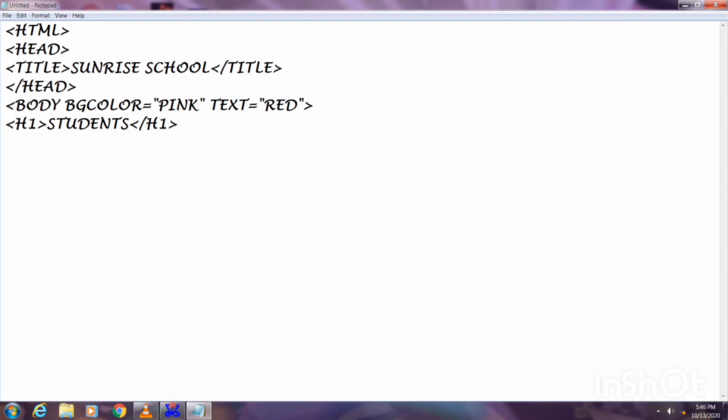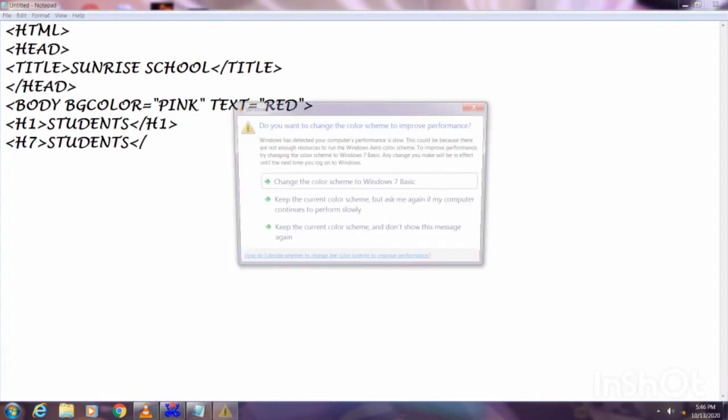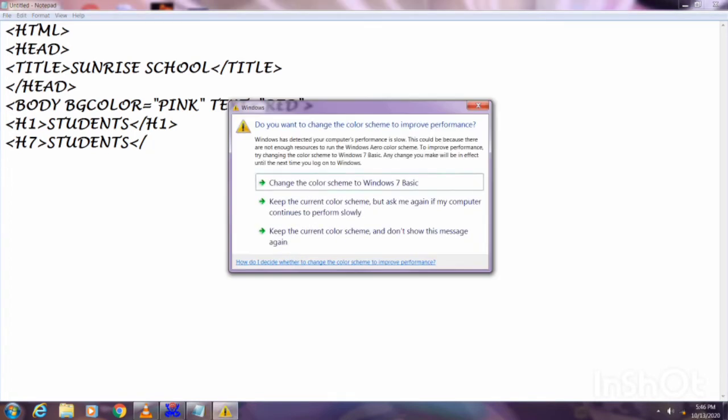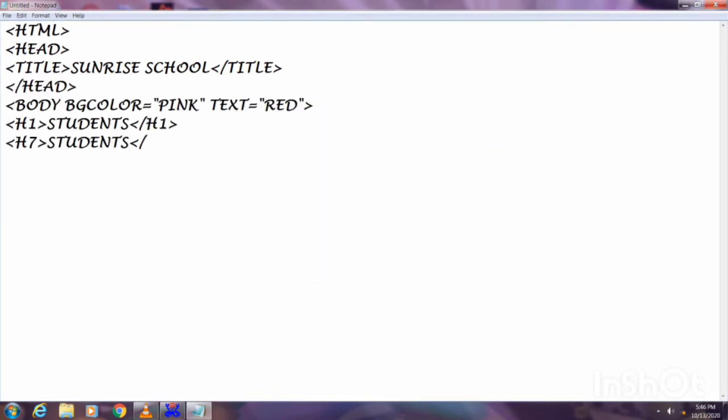If I write H7, it will be the smallest font size. Here you can see the difference between both of them. This is H7. The closing tag was H7. After that, enter key.